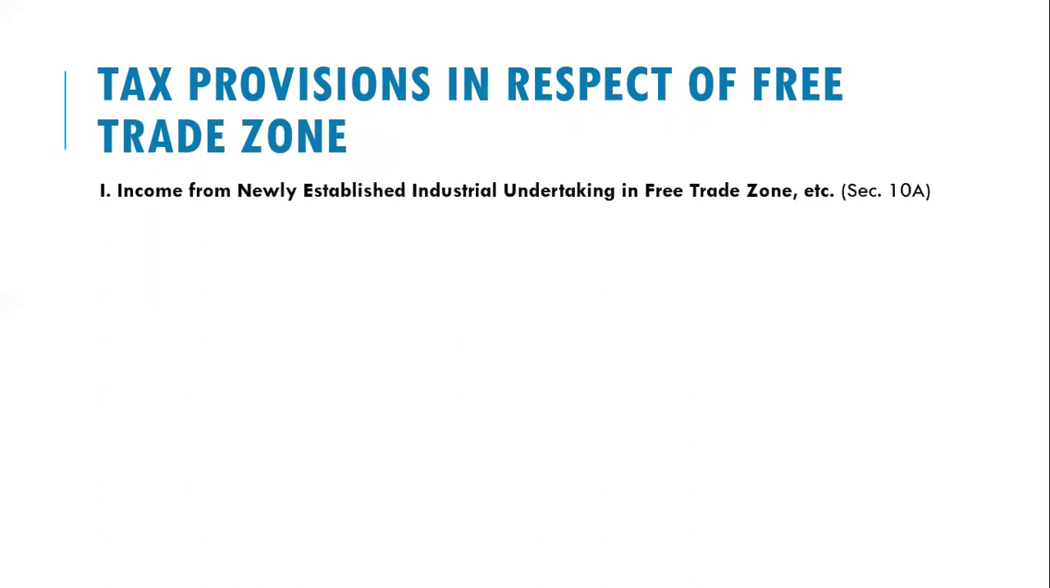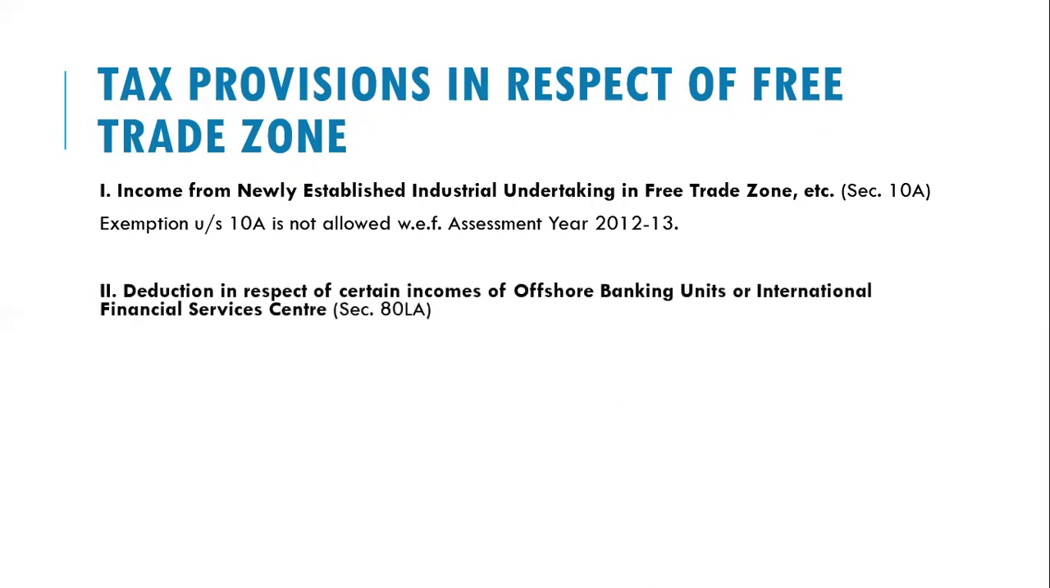Let's see what is first. That is income from newly established undertaking in free trade zone, that is in section 10A. But nowadays it does not exist. This exemption under section 10A is not allowed with effect from assessment year 2012-13. So we won't focus on this. We will only focus on the second heading, the second point of free trade zone, that is deduction in respect of certain income of offshore banking unit or